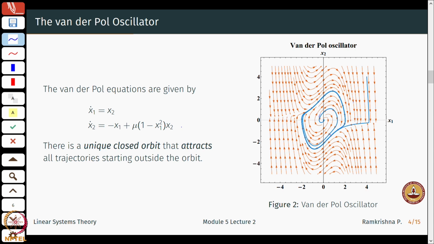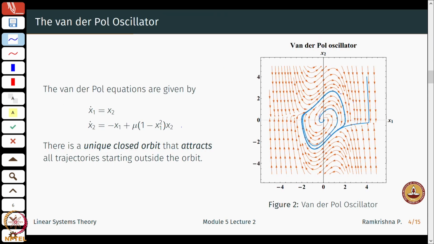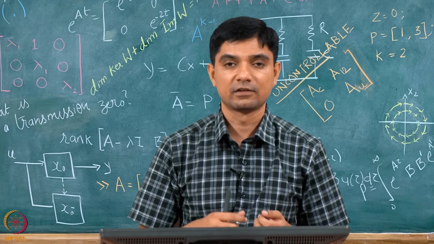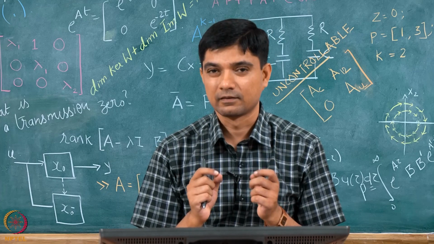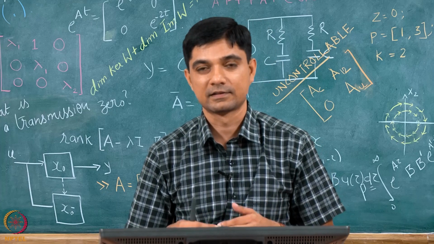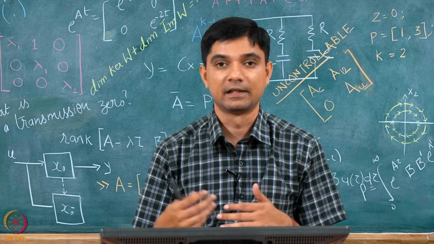closed orbit. This is just to show that they need not necessarily be a circle or ellipse, but they can take any kind of periodic form. So, this is a very important circuit or system that has been studied a lot in physics. Okay, so this is just to give you a little illustration of